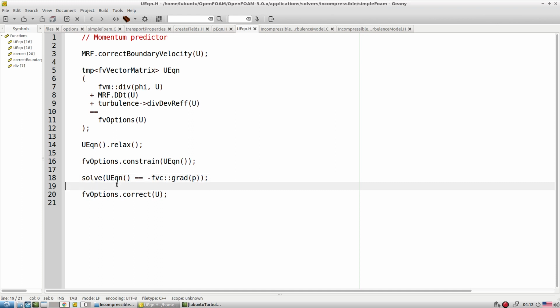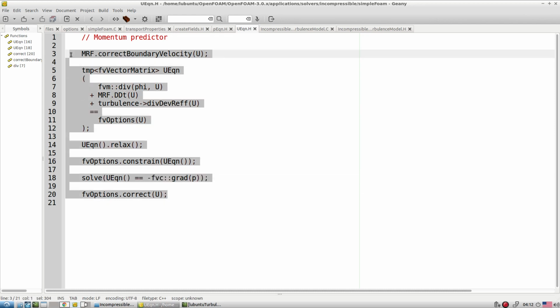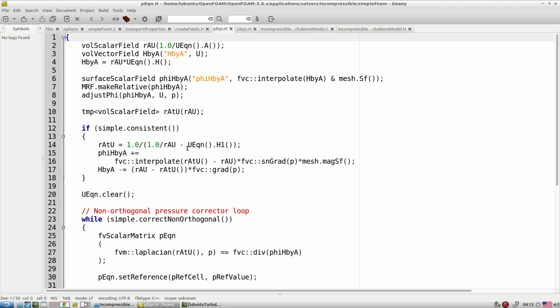So with the solve command, UEqn equal to, that means everything equal to the pressure gradient term. Then again, if some fvOptions are available, then we do the corrections. So this is how, very quickly, one can look at the exact equations inside the U and the p equations. That is about the pressure correction equations. So here you can see different classes of entries. When we talk about the pressure velocity coupling, at that time we're going to explore all these entries.